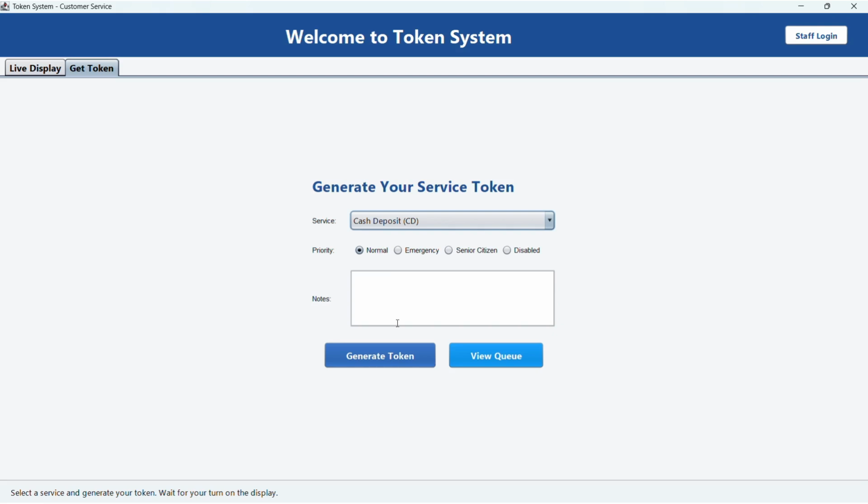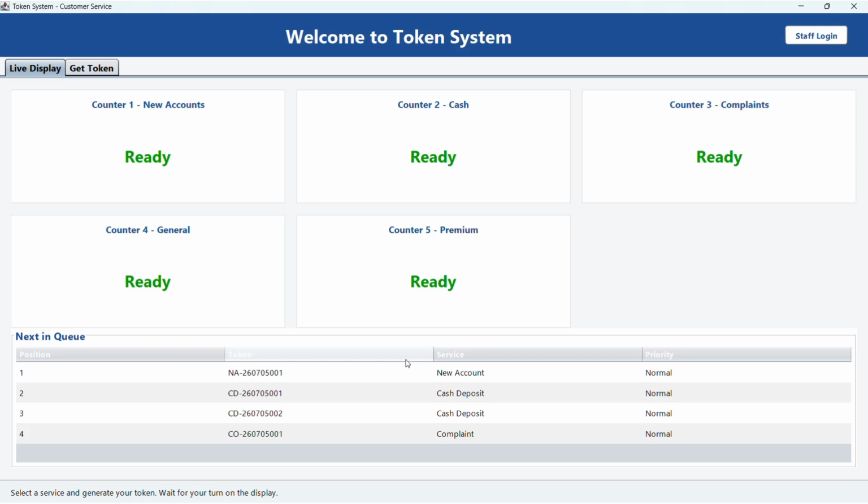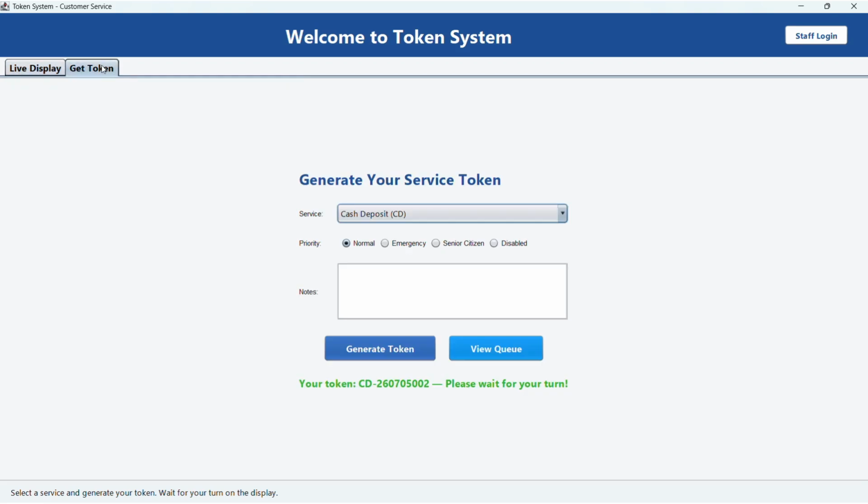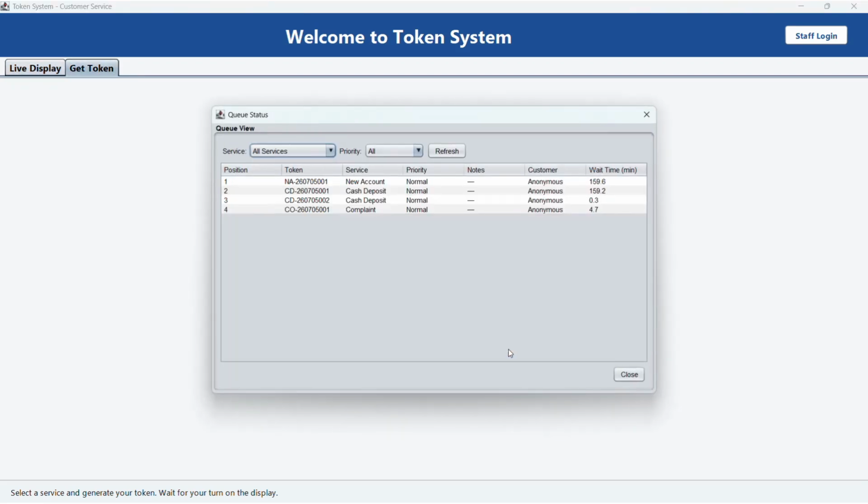The system initially generates a unique token ID like CD 2605705001. The customer can view it in the next-in-queue and in the live queue also.